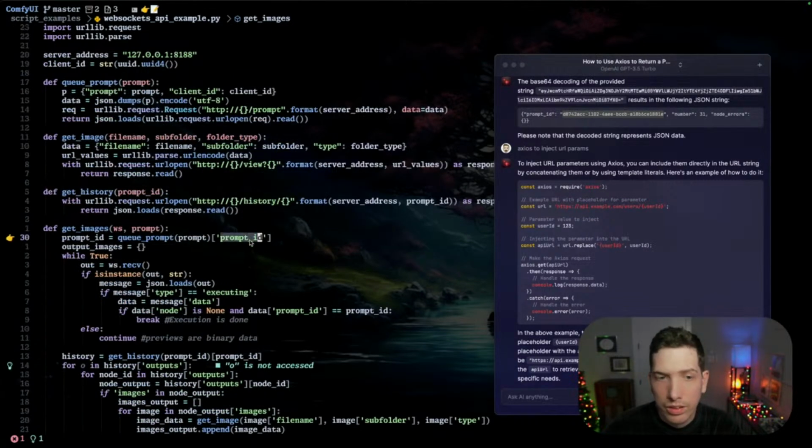Prompt ID. Yes, that would be it. All right. So this we have prompt ID. So we're going to do a get images, which is a